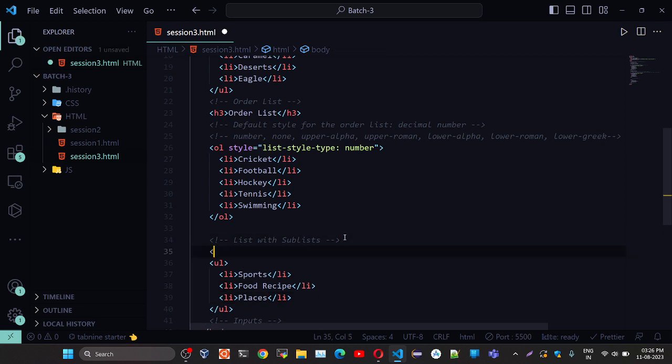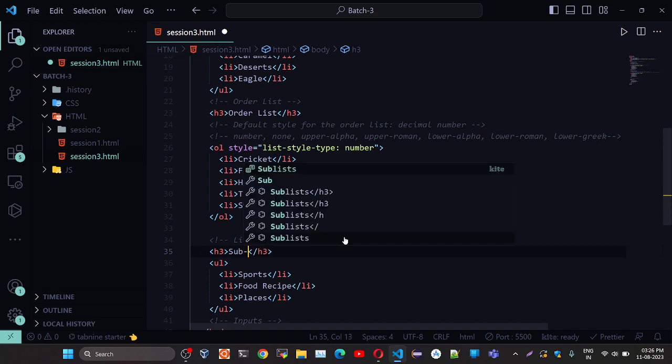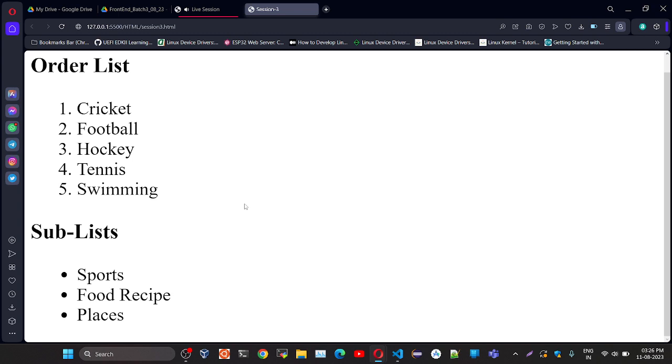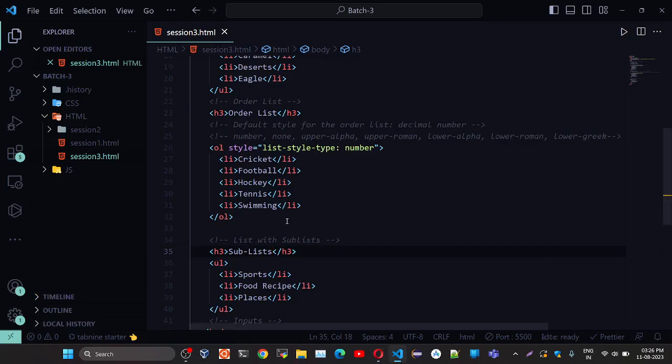Here we will just say H3 sublists. Okay, so now I want to mention, below this sports, one, two, three, four, five, or some different types of sports. And below this food recipes, we need to mention different recipes. Below this places, we need to mention some other places. So how can we do that? Inside this, what we can do is,